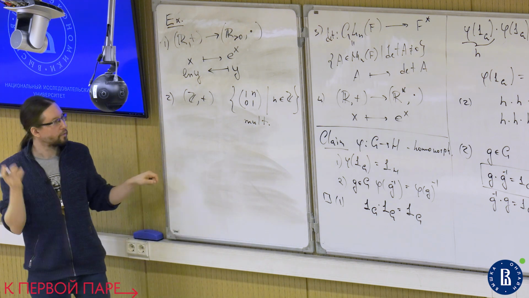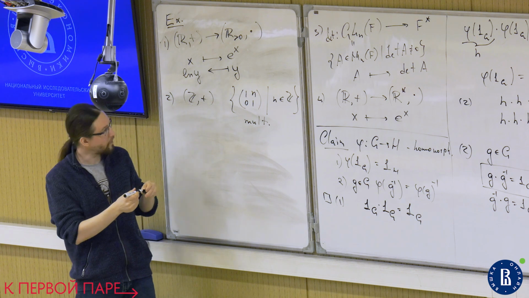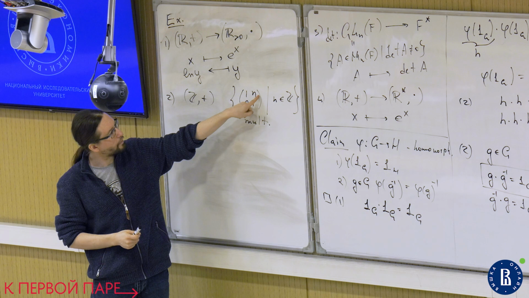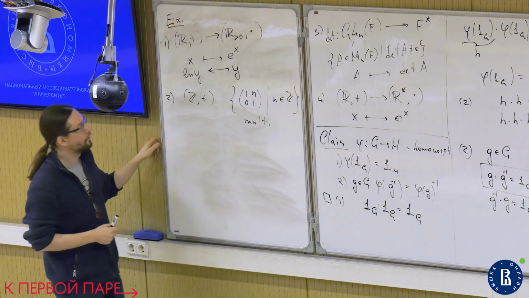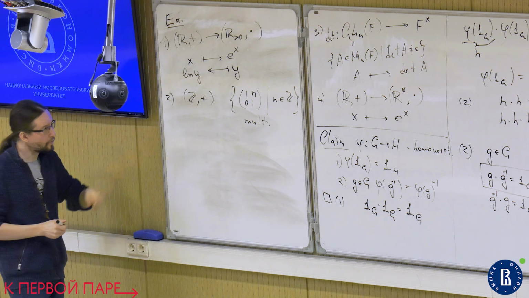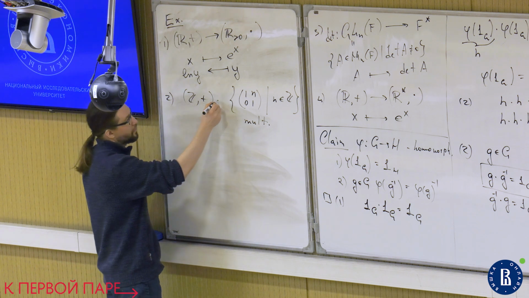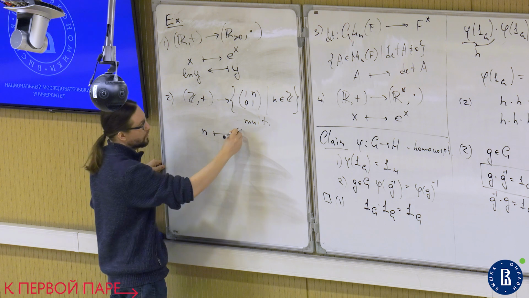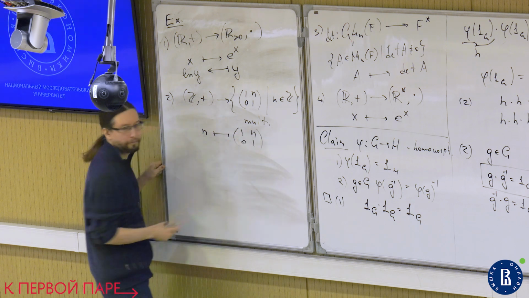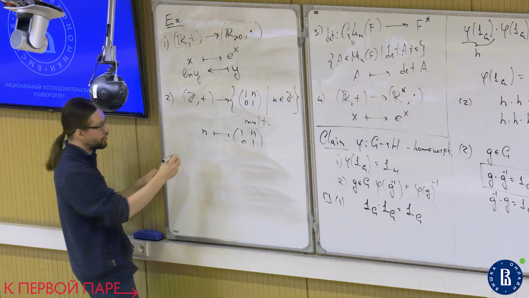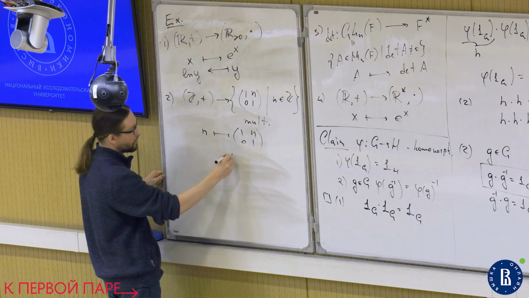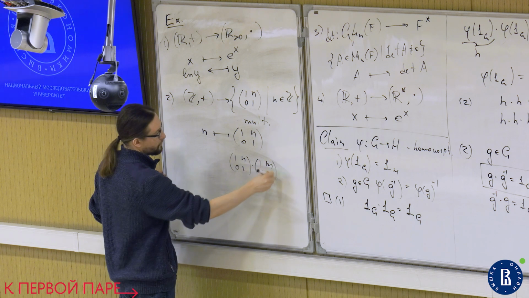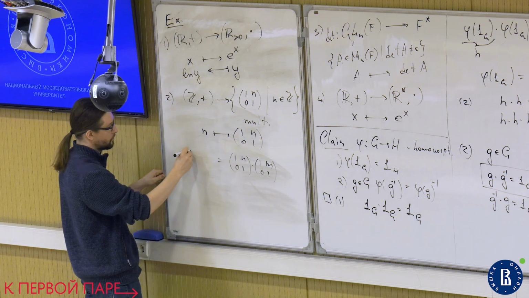Okay? So we have these 2 by 2 matrices. Here is 1 on the diagonal and some integer n in the upper right corner. Now we have an obvious map from here to here, which takes each element n to the matrix of this form. And you may check that if you multiply this matrix with this matrix, you will get